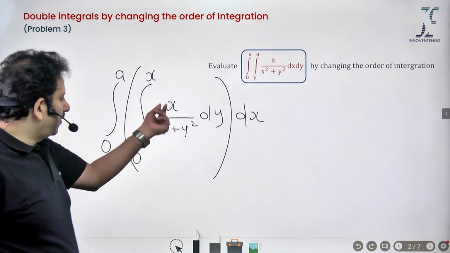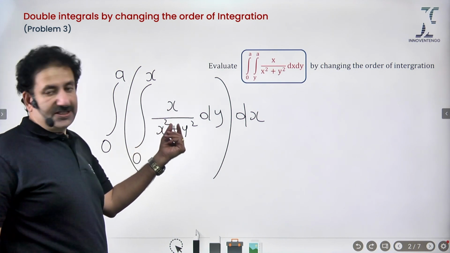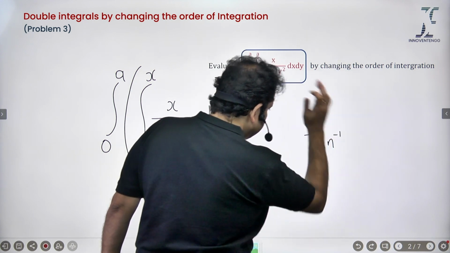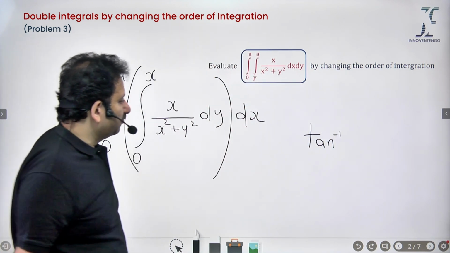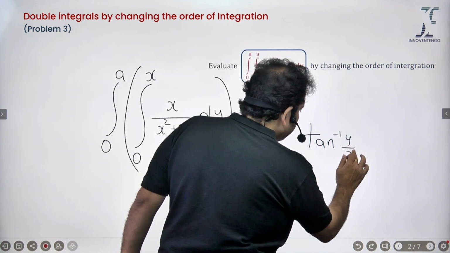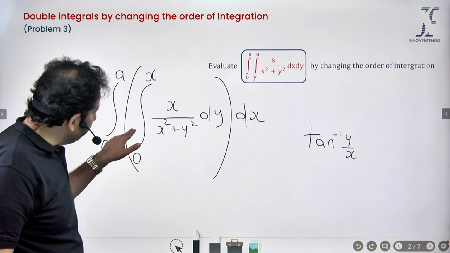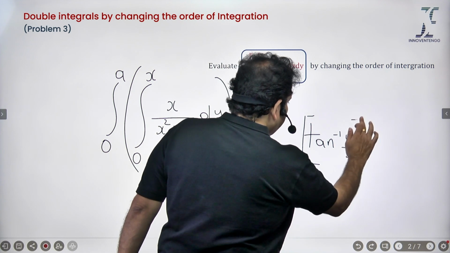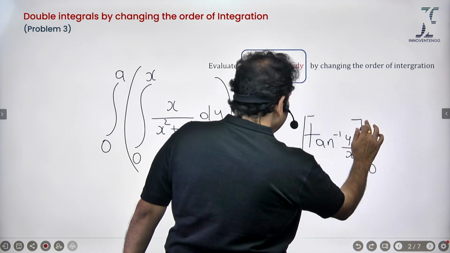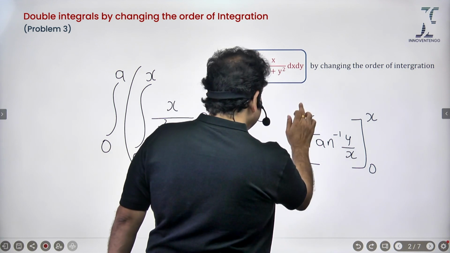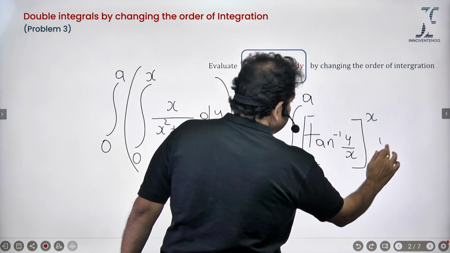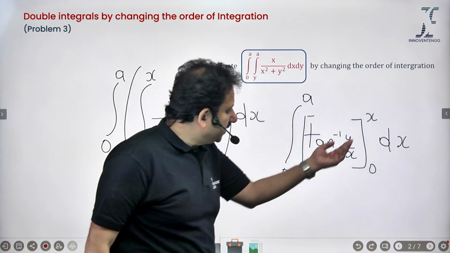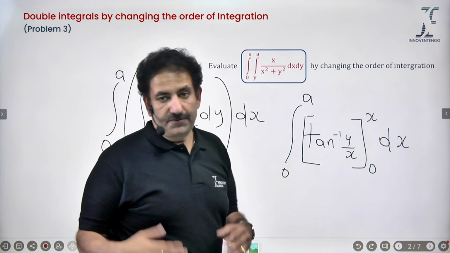So now this is of the form a divided by a square plus y square. So remember, the formula is tan inverse x by a. So it is y by x, y by x. You don't even have to multiply and divide by a, because it is already given here. So the limits of this are going to be 0 to x, and then 0 to a, and then dx. So it's quite easy, because the moment you substitute the upper limit, tan inverse of 1 is 45 degrees,